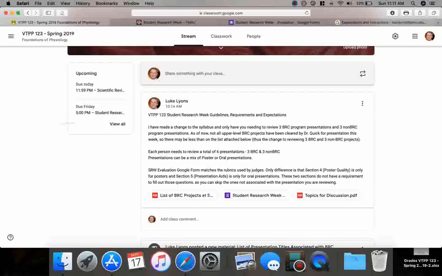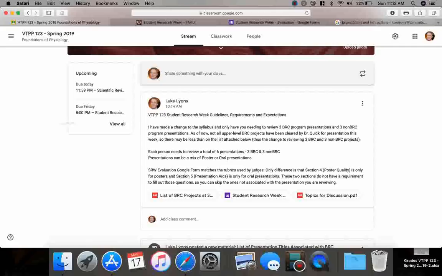The Student Research Week evaluation Google form, we'll look at that in just a moment, matches the rubrics used by the judges. So the same rubrics that the topic judges use are the same rubrics that y'all are using to evaluate these projects. The only difference is that Section 4 on your Google form is for poster quality, and Section 5 is for